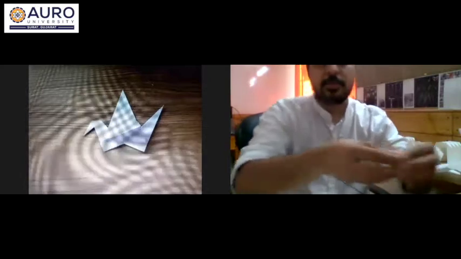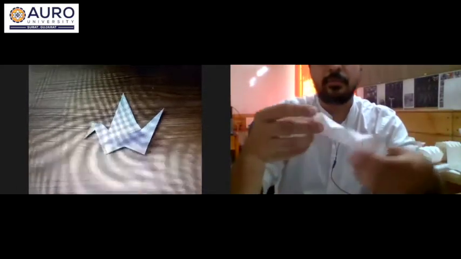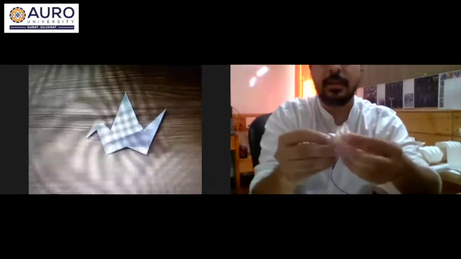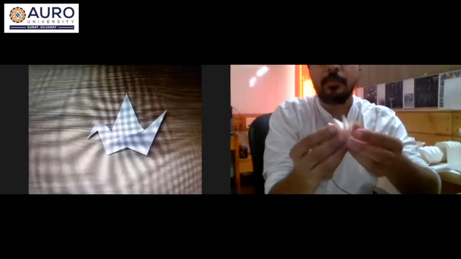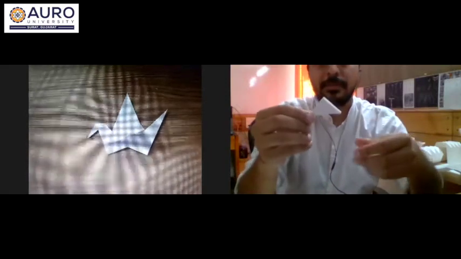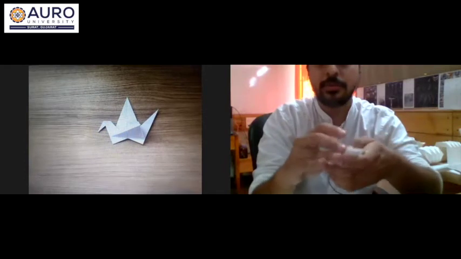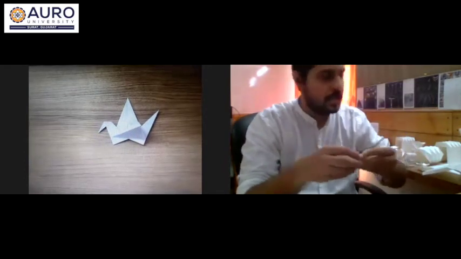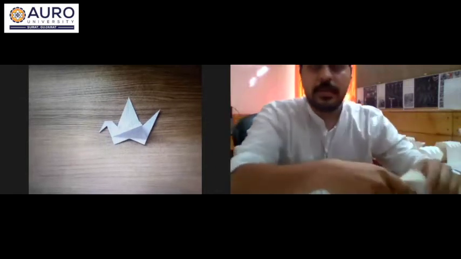Again, when you start folding it, it gives you various forms, and now you need to decide what form to choose and where to fix yourself. It can become almost a star. It can become a triangle, and it can do whatever you want it to be. So it totally depends on what you choose and how you want to go about it. I'll share some more forms that we have made here.